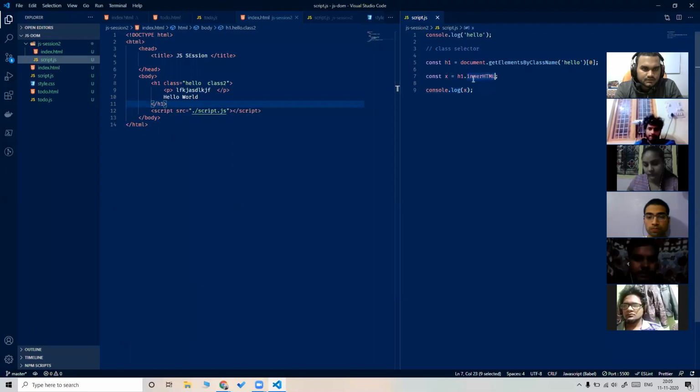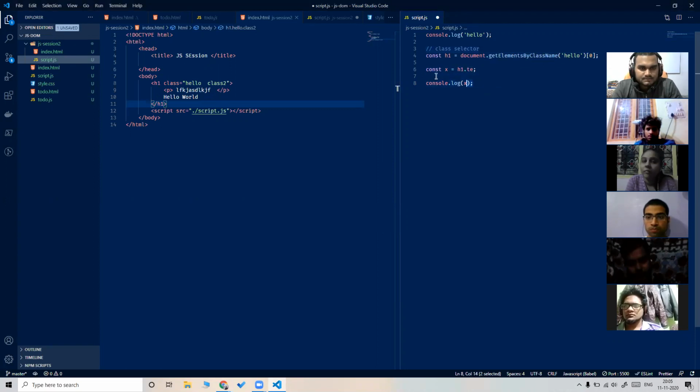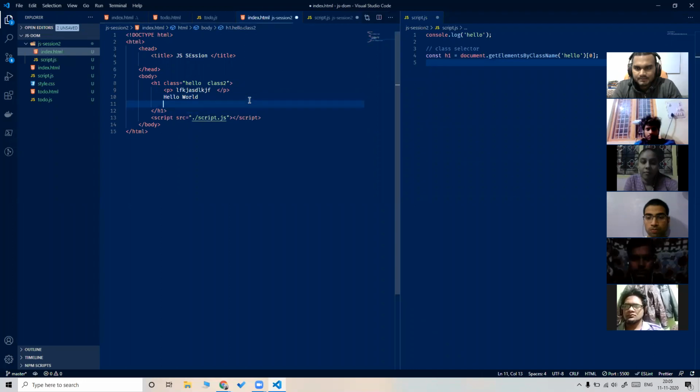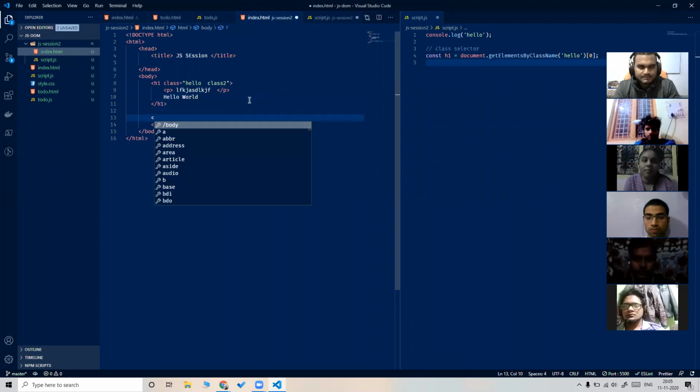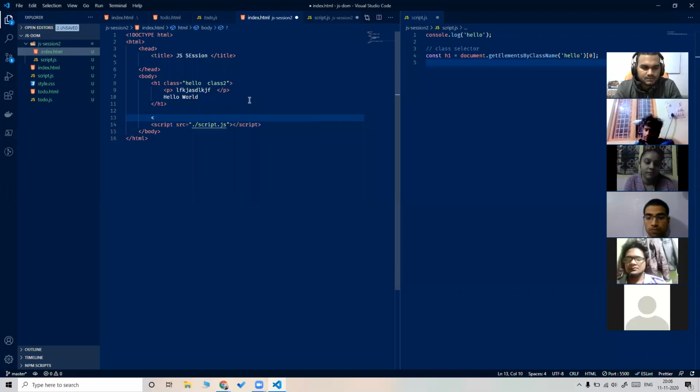There are a lot of properties on the elements, like textContent and textarea. They all have different uses. So this is only the class name. There are multiple selectors in this. For example, if you want to access some elements by the id, ids in HTML are unique and you can assign an id to only one element and not to multiple elements. So if I am giving id to